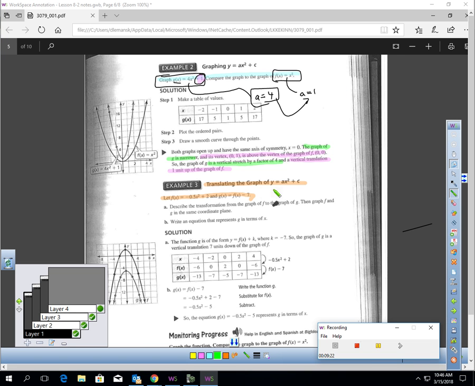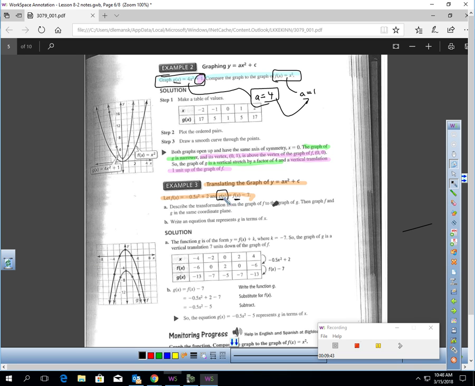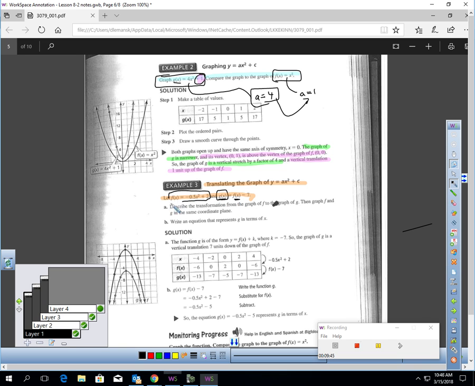Let's look at translating these type of graphs. So here they say f of x is -0.5 x squared plus 2, and g of x is equal to f of x minus 7. So, okay, what does this mean? This means this graph is taking the graph of f of x, which is here, and it moves it down 7. Okay, it's moving this graph down